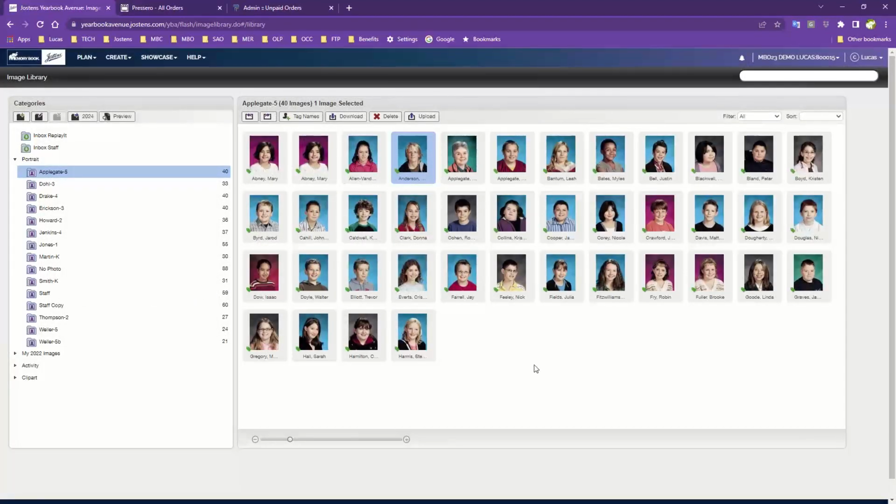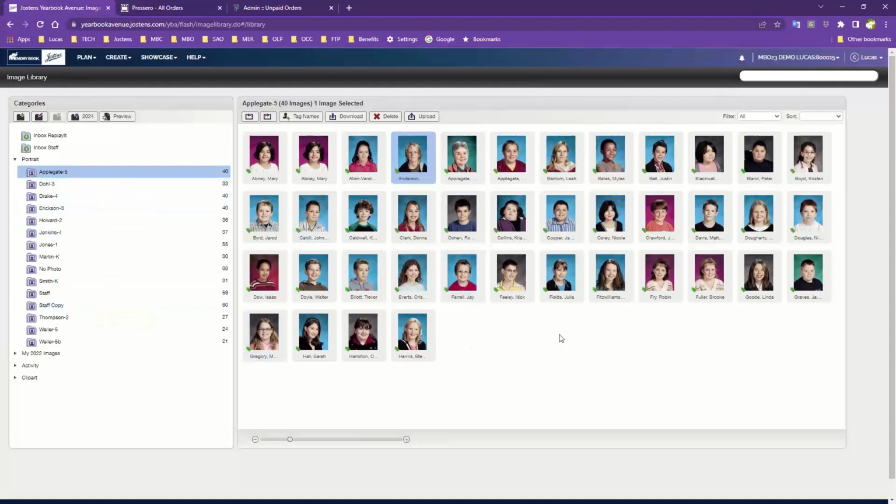Now, another thing that you could find on these class sheets is what if a certain student is supposed to be in another class? Well, this one has, I just put numbers on them, just to help me with grades, because you can further edit your categories once they're uploaded. So this one I have Applegate 5, just to let me know this was a 5th grade class. So what if one of these students had to be in the other 5th grade, or a different kind of class like that, or maybe they're in the wrong grade period